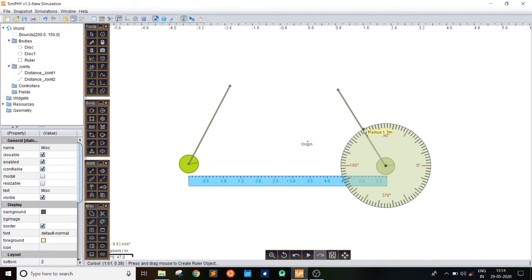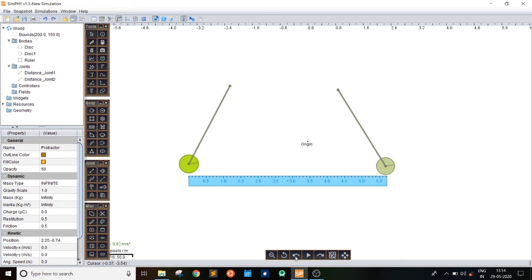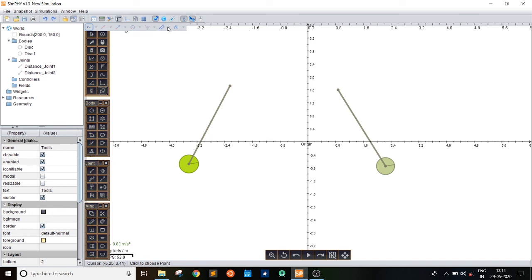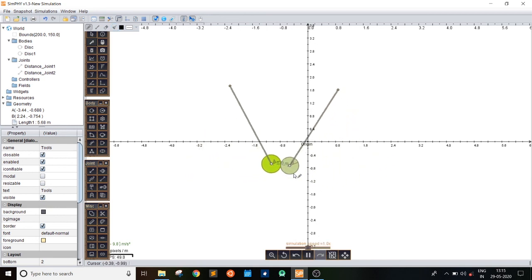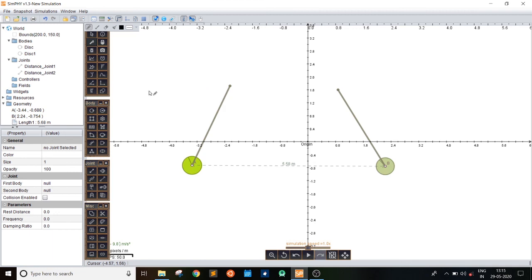There's another way of doing the measurements: the geometry feature in the toolbox. Just click it, it will activate the geometry, and then from here choose the measure angle and measure length options. You choose measure length and select the two points between which we have to measure the distance, and it will show the distance. And as we play the simulation, you can see the distance changing as the bobs are moving. So it's the basic example of measurements.